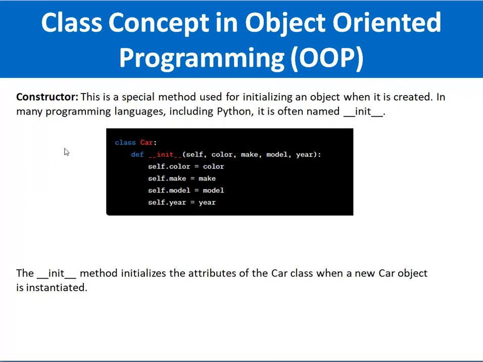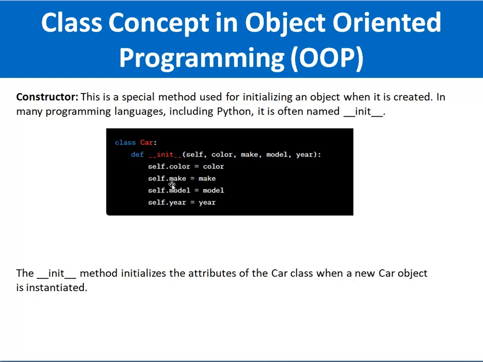Next is the constructor. A constructor is a special method or function for initializing an object when it is created. In many programming languages, including Python, this is the simple example of a constructor method. Like this is the class Car, and it has a method in it, which takes the parameters self, color, make, model, year, and it will assign these parameters to self,